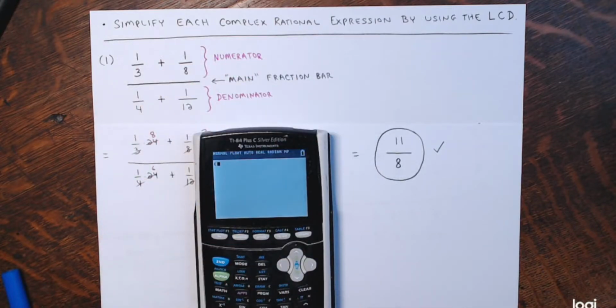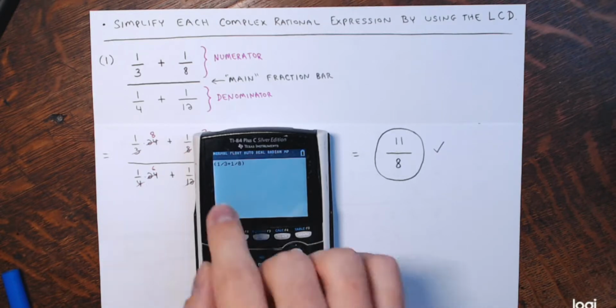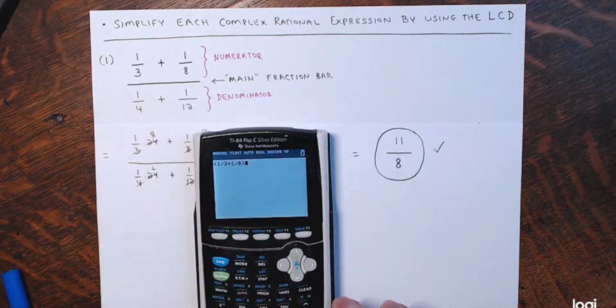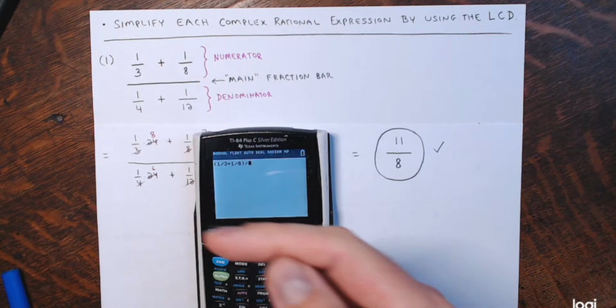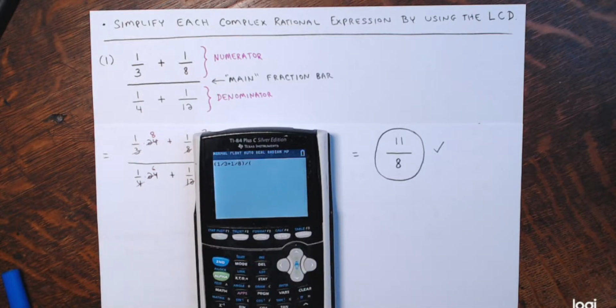So in parentheses, I'm doing 1 divided by 3, plus 1/8, and then close parentheses. Then we have divided by, and the denominator also has multiple terms, so I'm going to put that in parentheses. In parentheses in the denominator I have 1/4 plus 1/12, close parentheses, and we get a value of